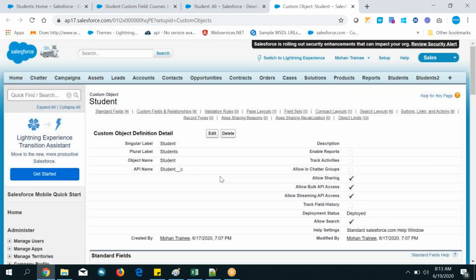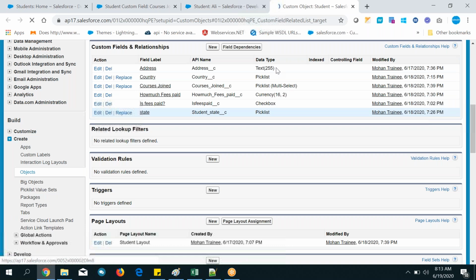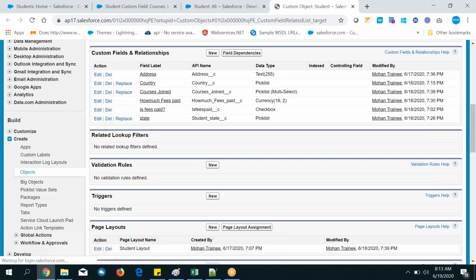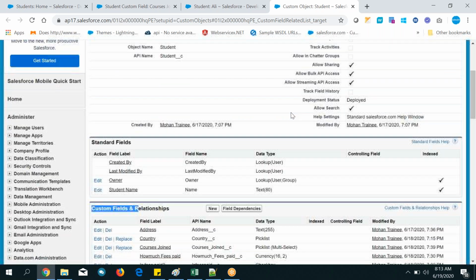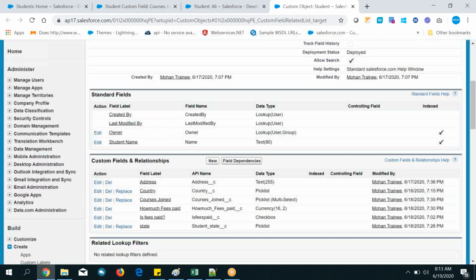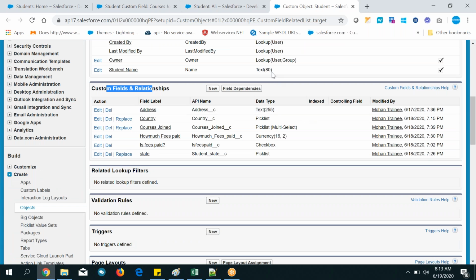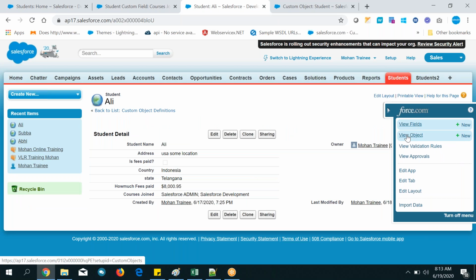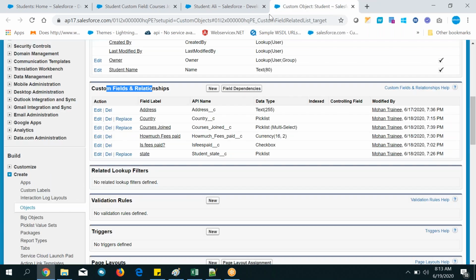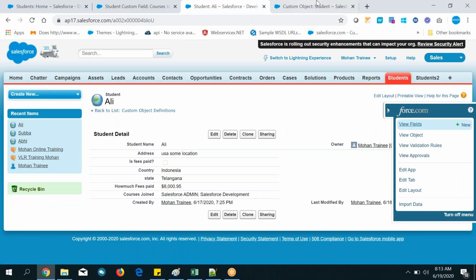Okay, good. Now what is fields? So click on it, no problem. So directly it is taking you to that section, focusing this section directly, but you are in the object detail page only, but directly the section will be displayed. That is the only difference, quickly going to the section in that object detail page. How simple it is, a shortcut.